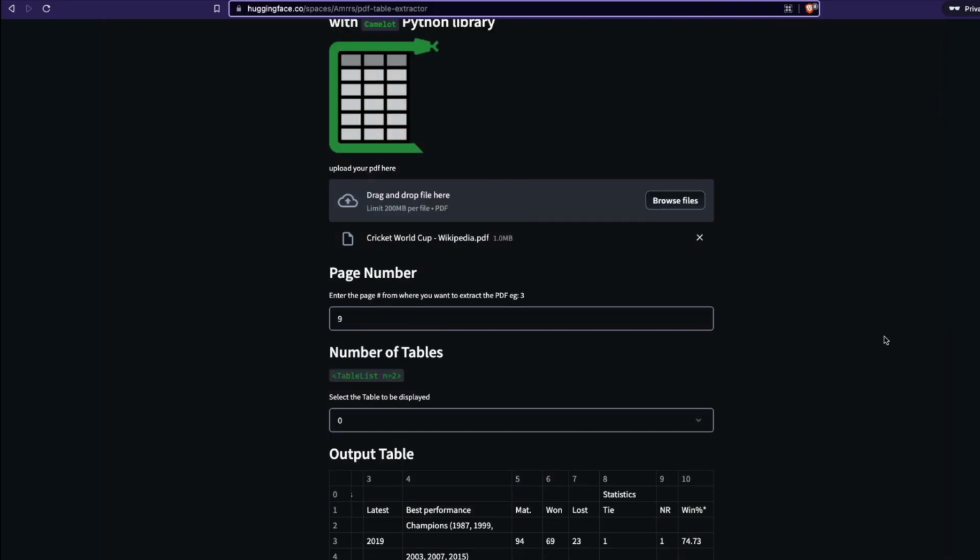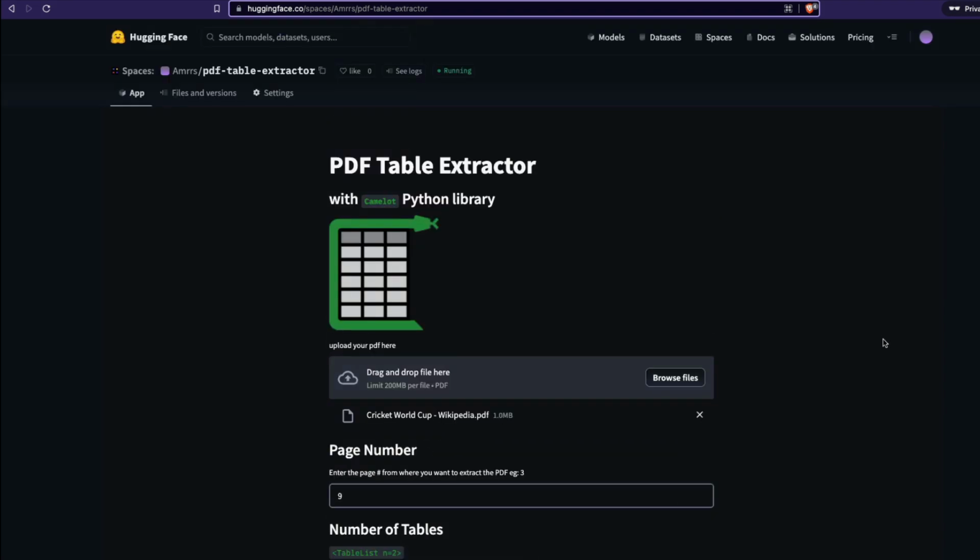So again, this is another good thing. Even if you have extracted a table from a web page, in my case Wikipedia, you can still extract it. So this is a really good application. It is a very interesting project. A lot of people try to put this kind of project on their resume, and like I said, you have the potential to convert this into a SaaS or offer it for free and monetize it with ads. Whatever you like to do, you can do it.